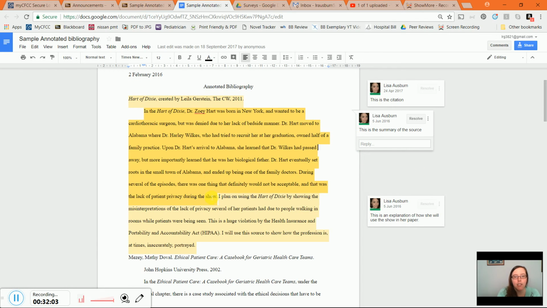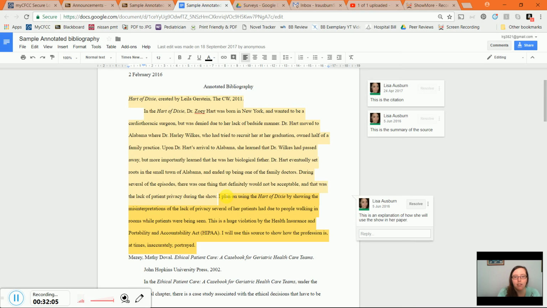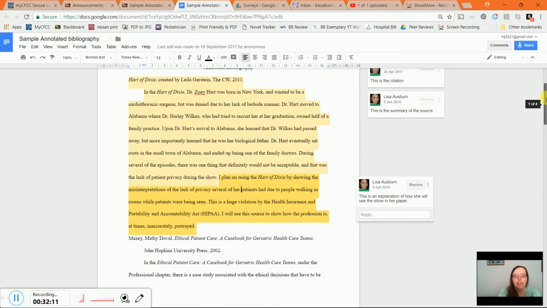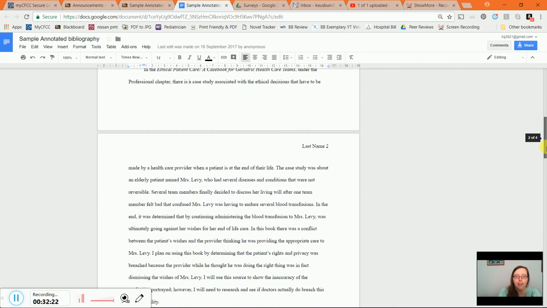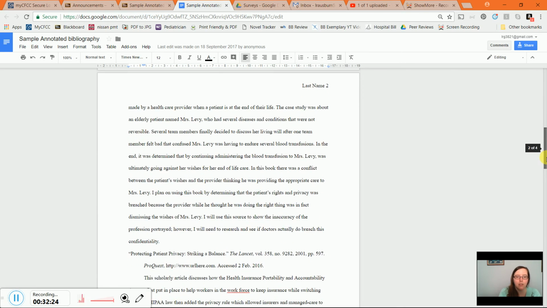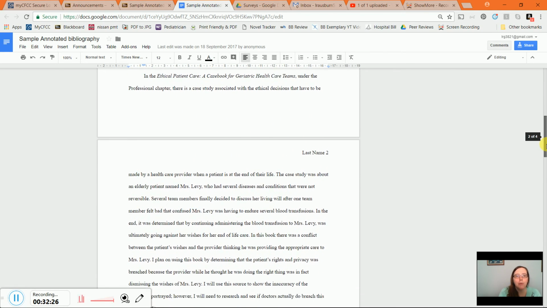So we see the summary here, and then this is the evaluation of how the student would use this in the final paper. And you can see it's just a list. It's like a works cited page where you have your citation, but under each one of your citations is a paragraph summarizing and explaining how you'll use the source in your paper. In your summary, you're not going to see anything like, I will use this.